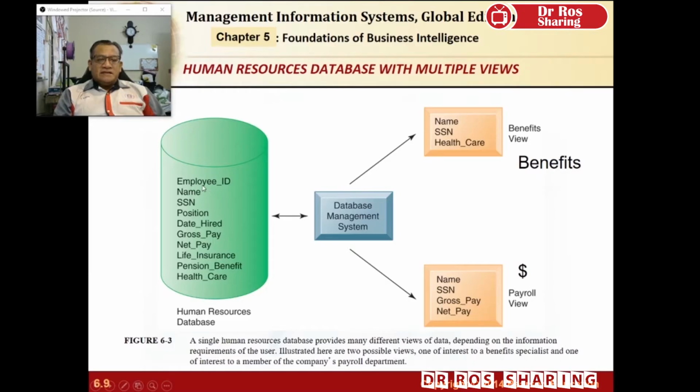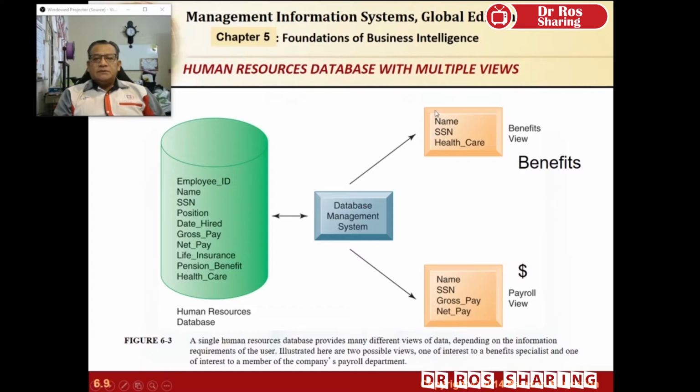Inside this database, it keeps the employee ID, for example matrix number, the name, the IC number, the position in the company, when you got hired, your total pay, your basic pay, your overall pay, life insurance, and so on. Inside this database, it is linked to a database management system, DBMS, and from that structure, it can